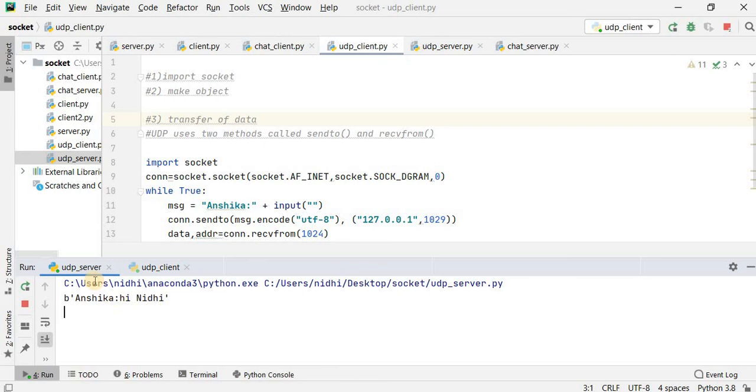Yes, it is received, and Nidhi will understand this message is sent by Anshika. Now Nidhi wants to send a message. So, hi Anshika, how are you? So you can see there the chatting is successfully completed.